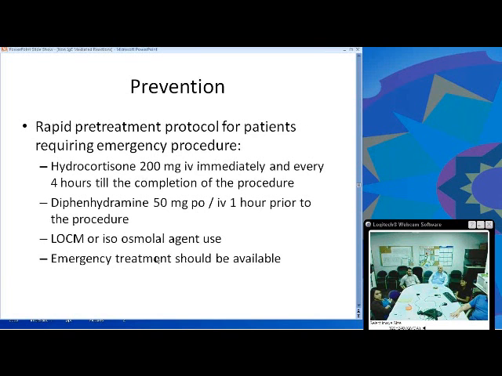Right. So if someone has an emergency procedure planned, this is the proposed pre-treatment. So give hydrocortisone 200 milligram IV immediately, and then every 4 hours till the completion of the procedure. Along with that, diphenhydramine 50 milligrams 1 hour prior to the procedure, and then again use the lowest osmolarity possible